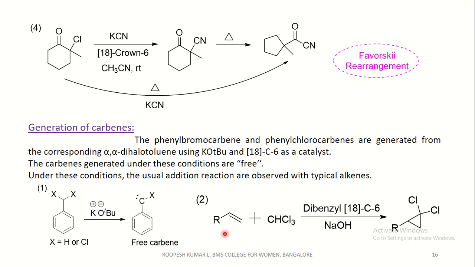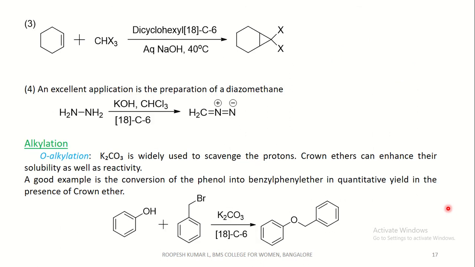This alkene reacts with the carbenes generated using chloroform and NaOH in the presence of a crown ether to form the corresponding dihalo compounds. This is a geminal dihalocarbon. And dibenzo-18-crown-6 is used as a liquid-liquid phase transfer catalyst in the generation of